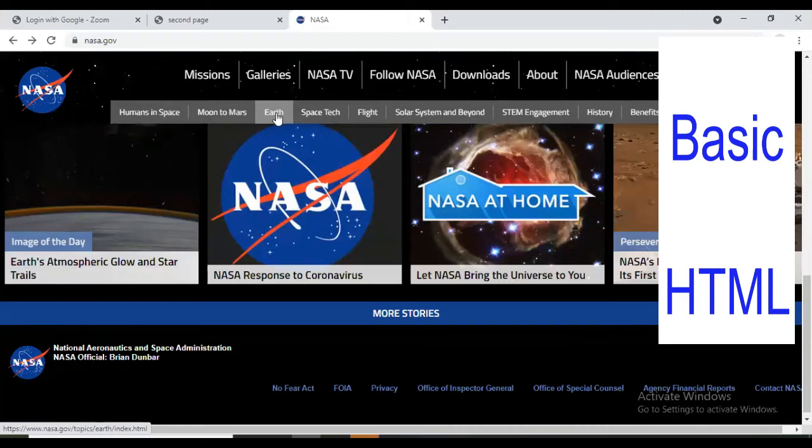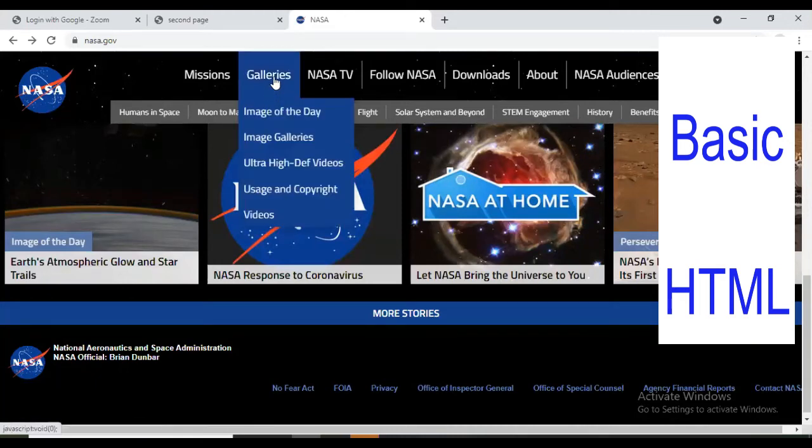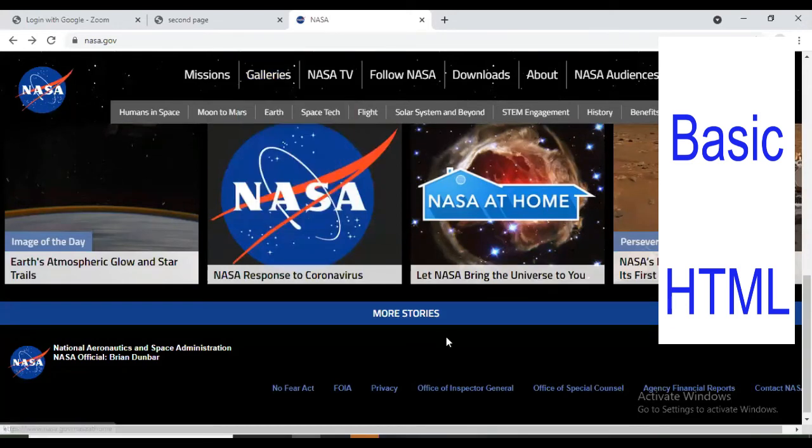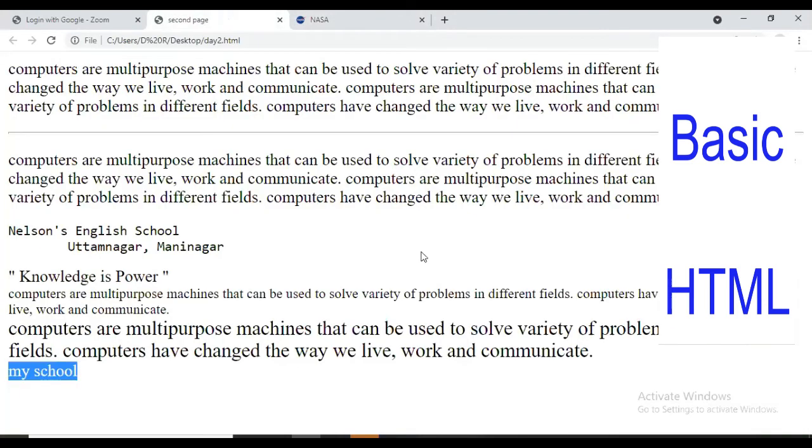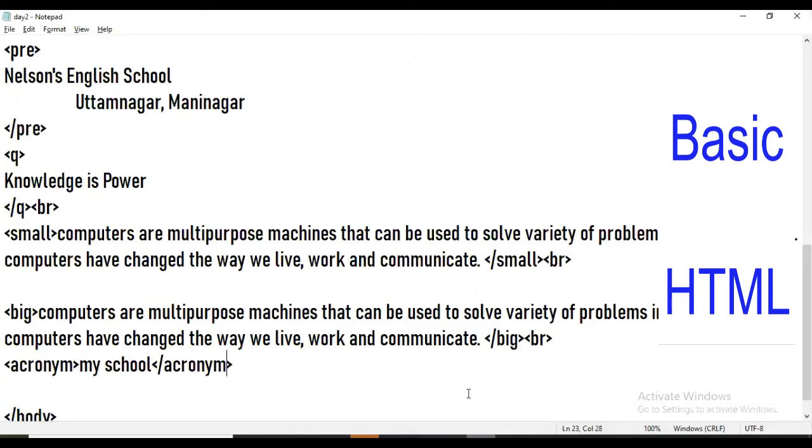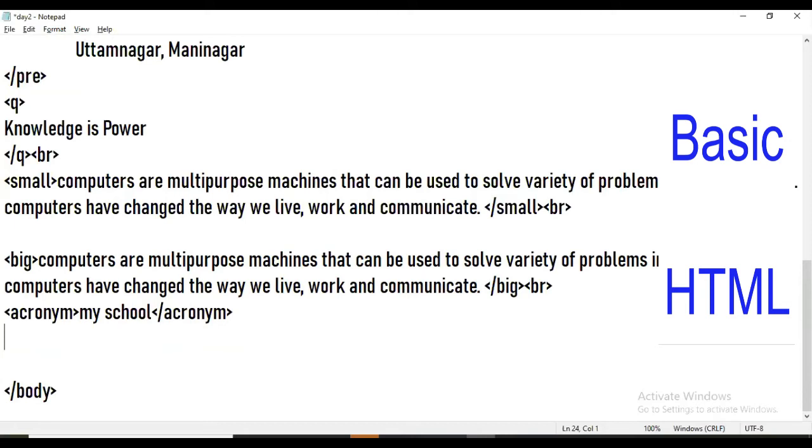If I am searching for earth, I have to click here. If I have to search for images, I have to click here, like that. So we are going to create that type of link here. So let's see. To create a link, the tag is anchor, that is the a tag. Okay, as I said earlier, small a or capital A, whatever tag name you use, it will give the same effect because HTML is not a case sensitive language. So A, then comes href.